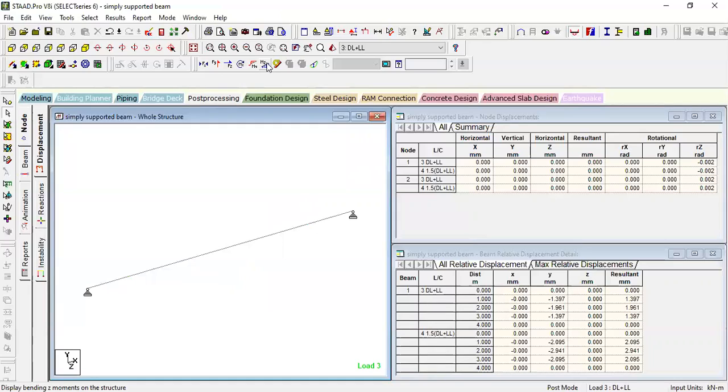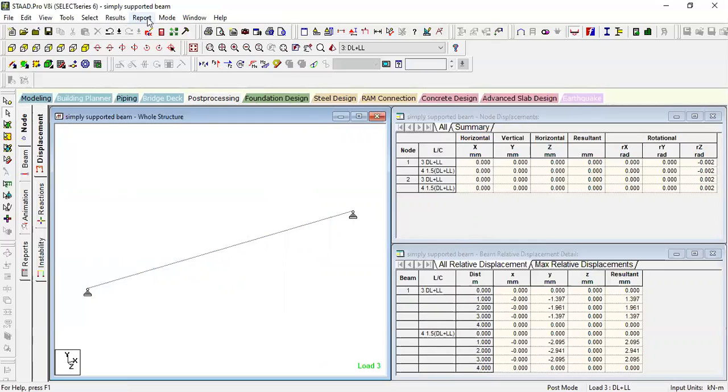Next, MZ means bending moment diagram. This is the bending moment diagram. If you want to view the bending moment diagram of the beam, click on this one. Okay, click on this button and Fy is there. Fy means shear force. Click on this one. You can see the shear force diagram. Okay, these are the things.